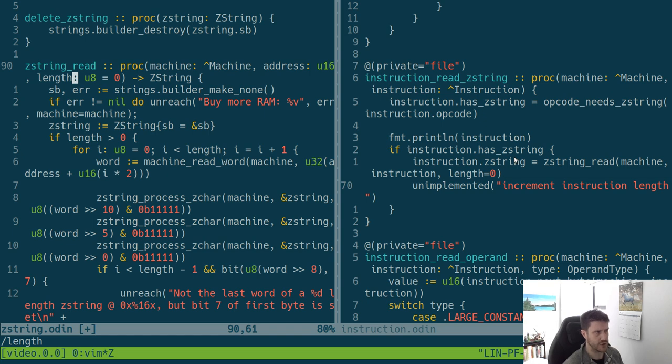So I've got two options. I can, well, I've got many options. Two options that I'm kind of thinking of right now. I can either put a length parameter in the Z string structure, or I can make this return a length as well as the read, or third option that I didn't say but was secretly my second option before, I can have length be a pointer,